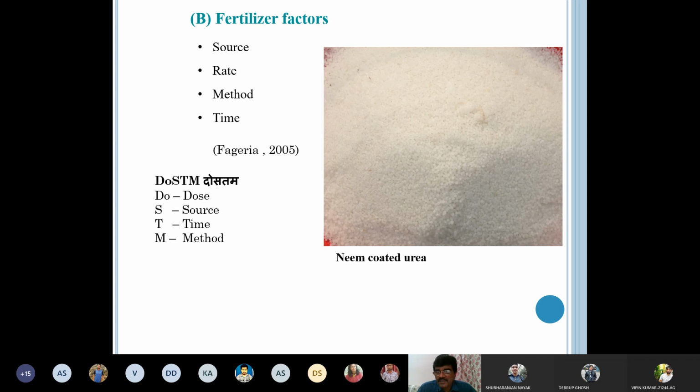Time of application: definitely, if you apply phosphorus top dressing after say 30, 40, 50 days after sowing a crop, its use efficiency will be very low. So basically phosphatic and potassic fertilizer should be applied when you are sowing the crop. Generally, they are not recommended in standing crops. However, in some cases, potassium has been recommended for top dressing in rice and wheat crops. But as far as possible, they should be applied basally in furrows. So these are the factors which affect fertilizer factor.